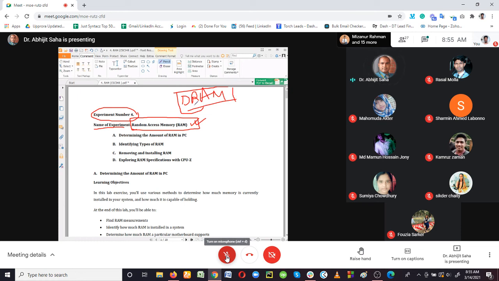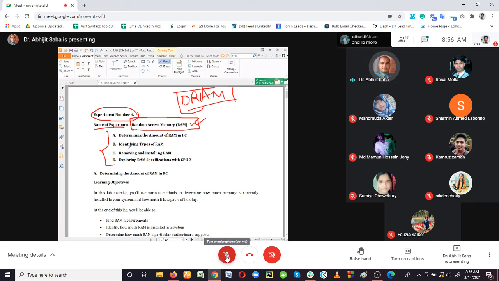So this is what this experiment is about: how we are going to deal with the RAM in our computer system, how we are going to install it, how we are going to uninstall it, and how we are going to check and troubleshoot if there is any problem with the RAM. So how to check that? You can see these are the four points we are going to deal with